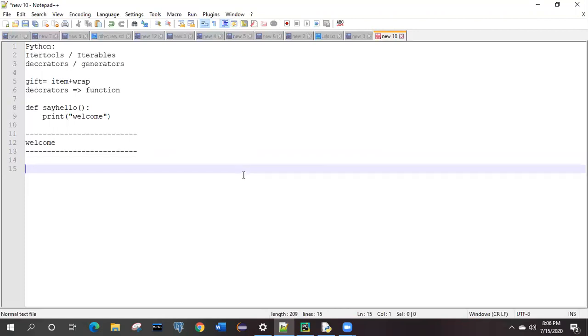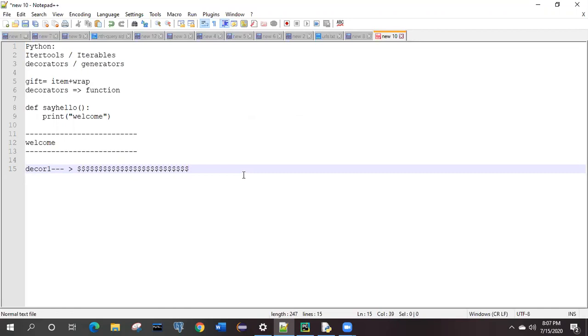Suppose there is one decorator function, decor one, and what it will do is decorate: any function where it is applied, it will print this dollar sign.